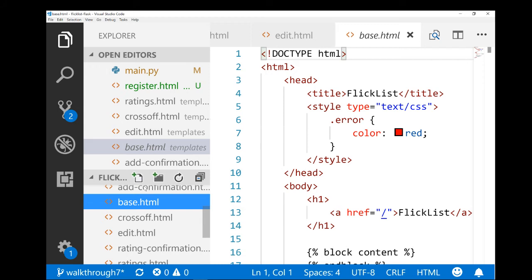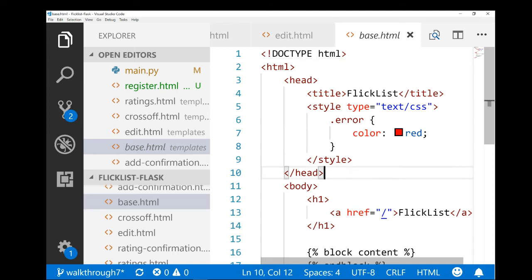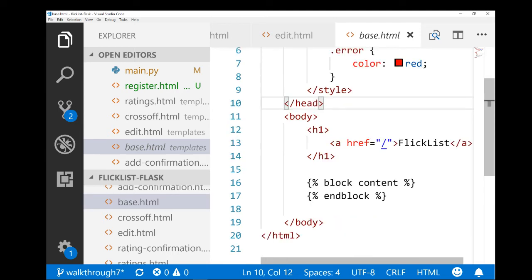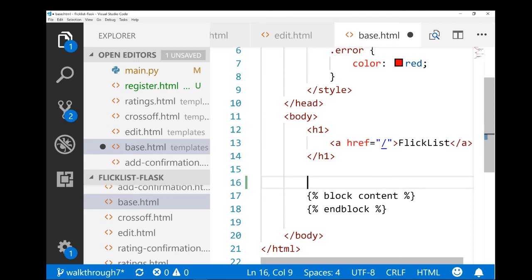Okay. And I'm just making sure that I've got my notes up here. All right. So how do I include message flashing as part of my template now? How am I going to do that? I'll put it right here under the header. How do I check to see if I need to flash a message on the screen? The with block. Good. With. I make a variable, messages. This can be called whatever I want, right? It's just a variable. Equals,